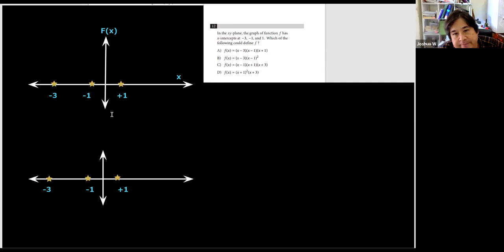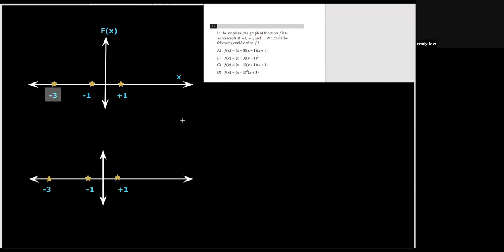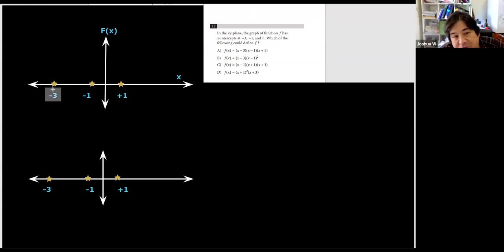What do you think? To be honest, with this question, I just looked at it and I already knew the answer. Go ahead. I got C. Yeah, C is correct. Why is it C? I just plugged in the values, like -3 plus 3 equals 0, and I got the x values from there. Okay, so if you plug in -3 to this factor here on the screen,